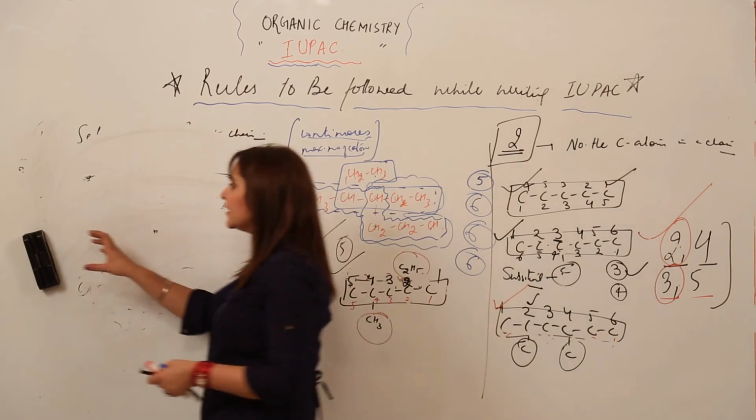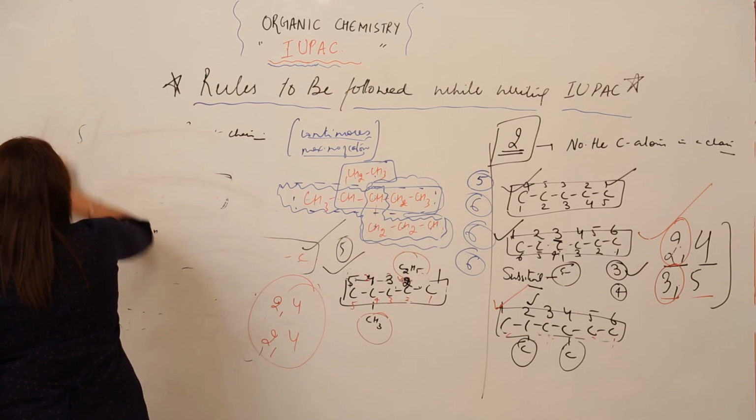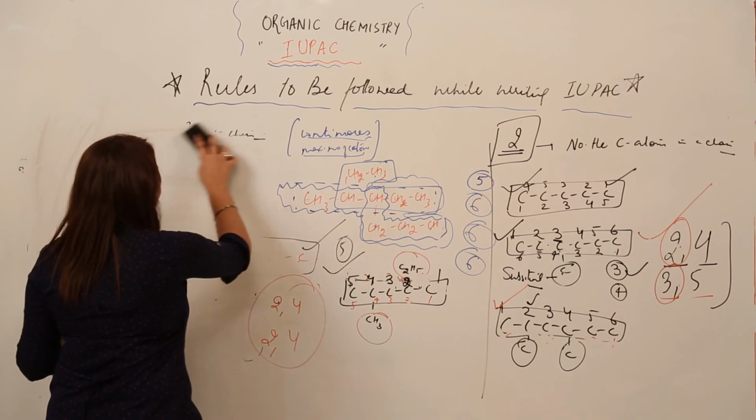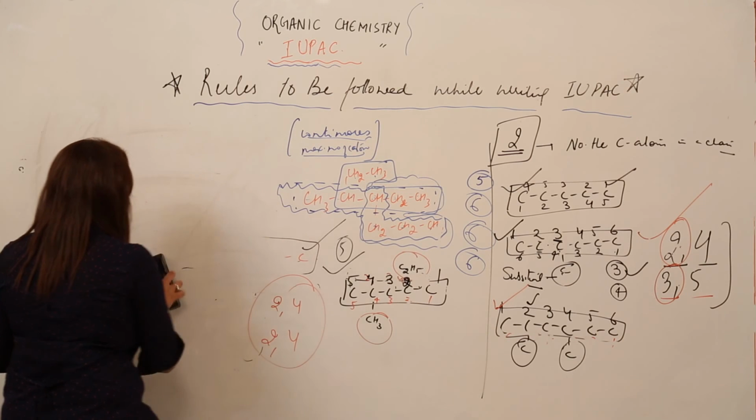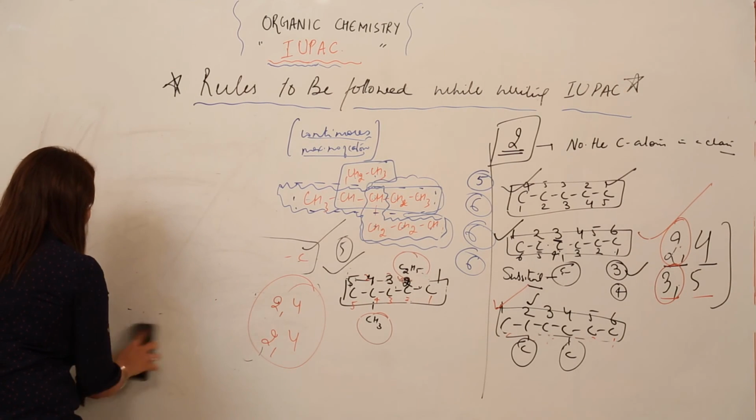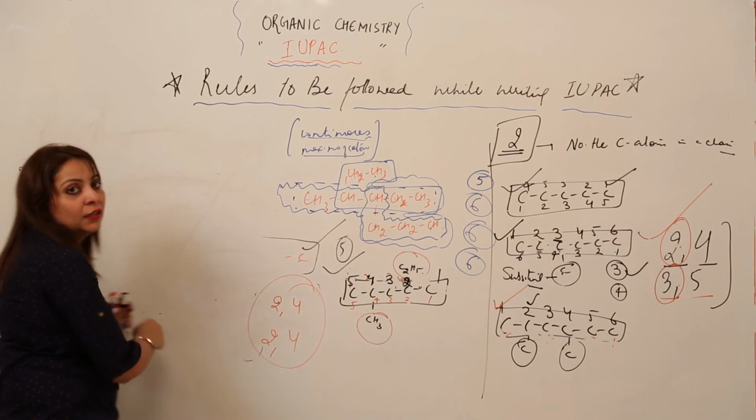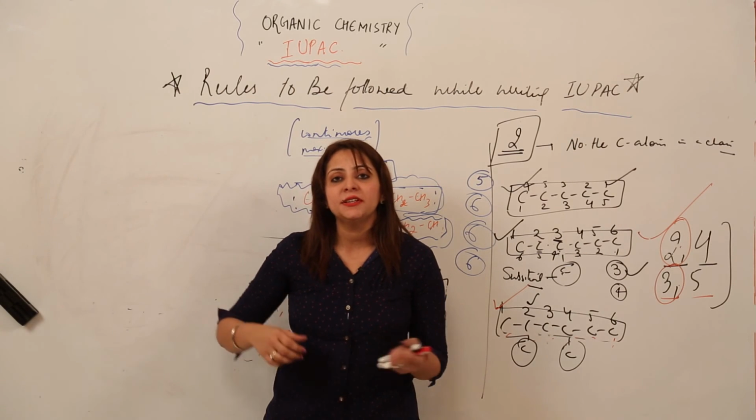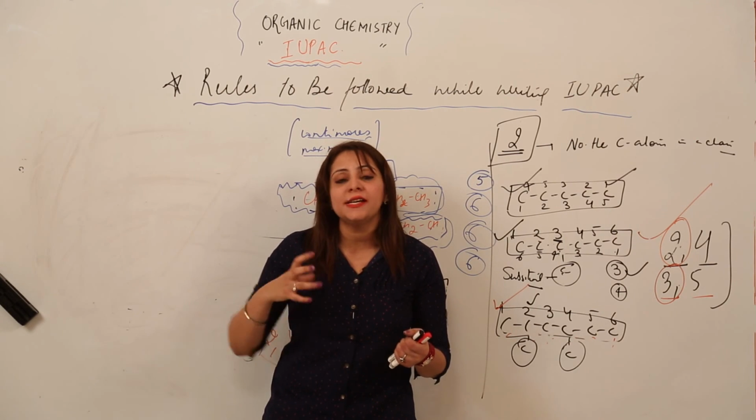Now this is the second rule. Two rules you have already done: one is the selection of a parent chain, and the second is the numbering of a parent chain. So we'll be taking up the third point, how we have